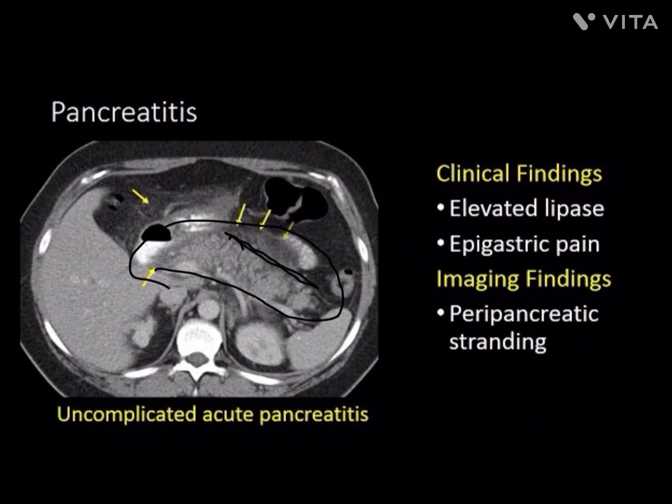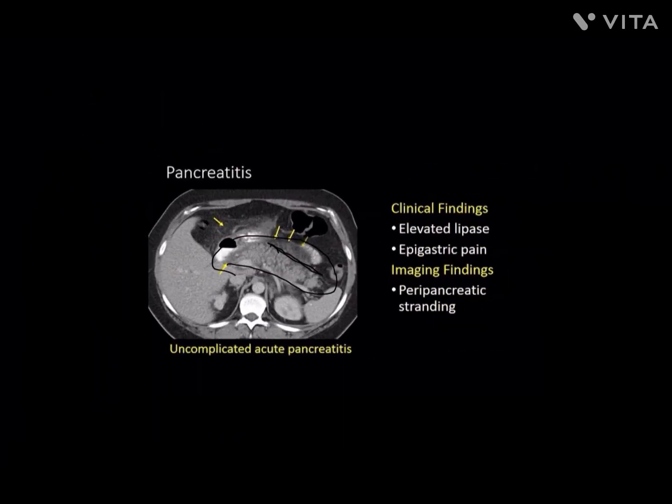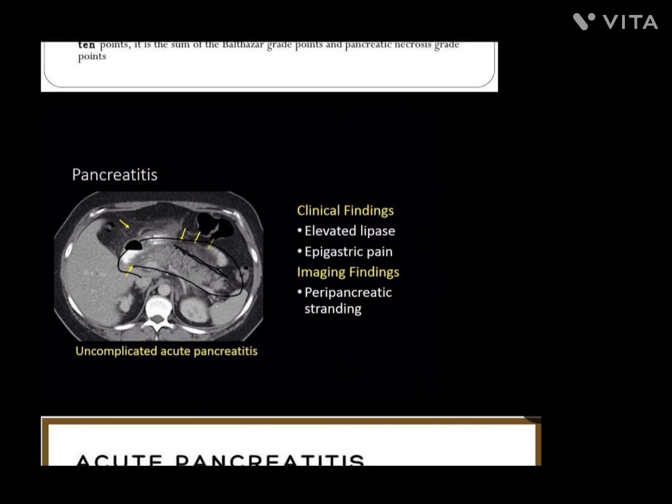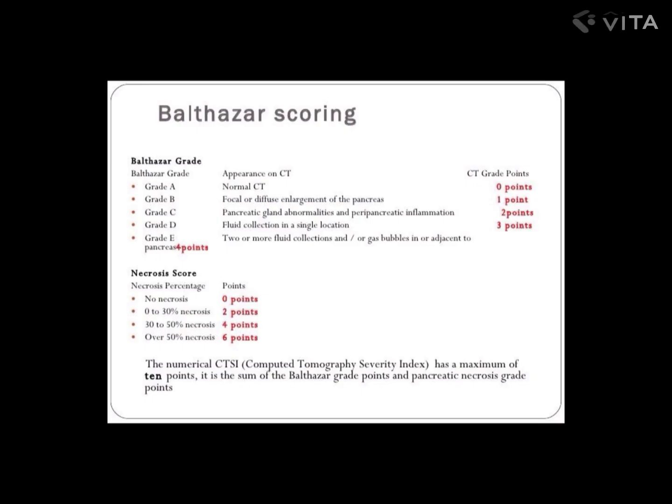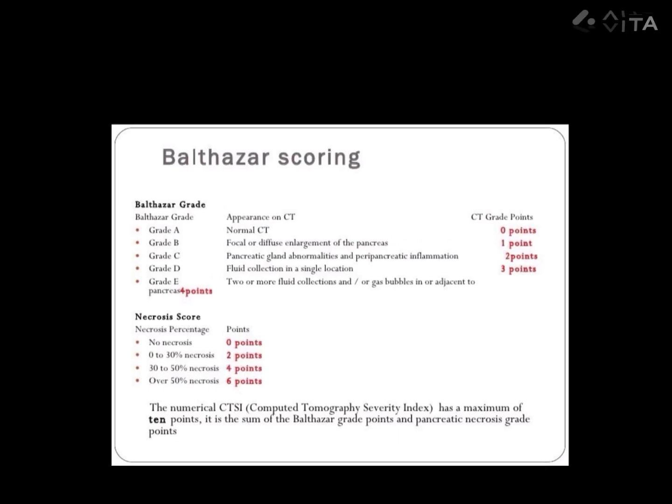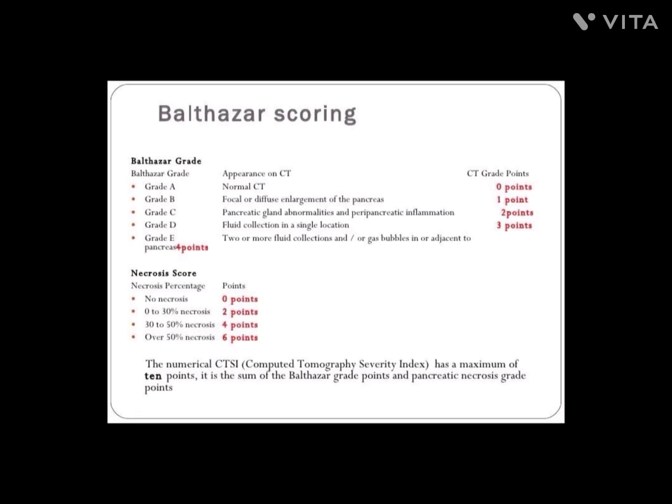Good. So why is this important? This CT scan will guide us to know the severity. Based on that CT scan, we have one score we call the Balthazar scoring system. This Balthazar scoring system has A to E grading used for severity prediction of pancreatitis, okay. This is not for us; residents and others follow this, okay.